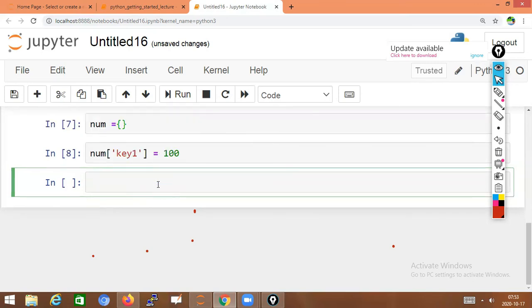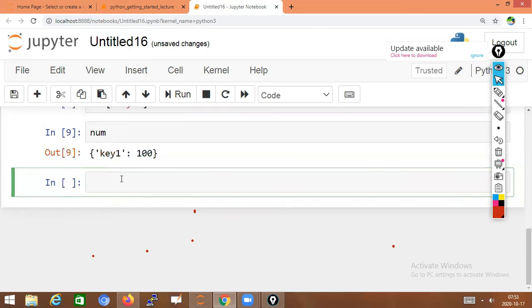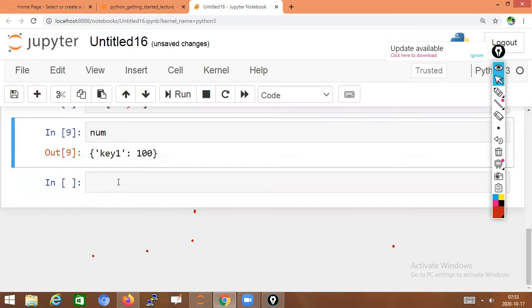Shift enter. So now the dictionary num is created, and in that the key one value is assigned 100. Now we'll check it. If you want, just write num, shift enter. So in num, key one has the value 100.